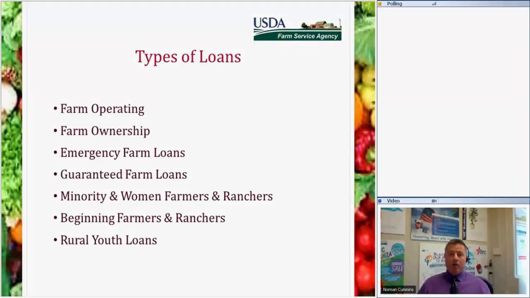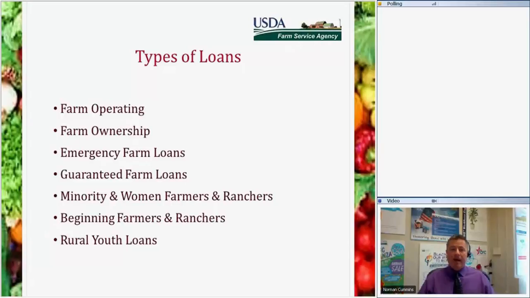We also offer emergency farm loans. Those are a little bit more tricky and would take a little bit of time to explain. We even have to go through it every year when we have emergencies with our loan officers because it's not something we normally do. So if there's more information you need on that, you'd want to reach out. You can call me personally, and I will give out my phone number, or you can reach out to your closest loan officer. Guaranteed farm loans, I will briefly discuss just real quick. But basically, that is a program where you go to a bank, and then we guarantee the loan.